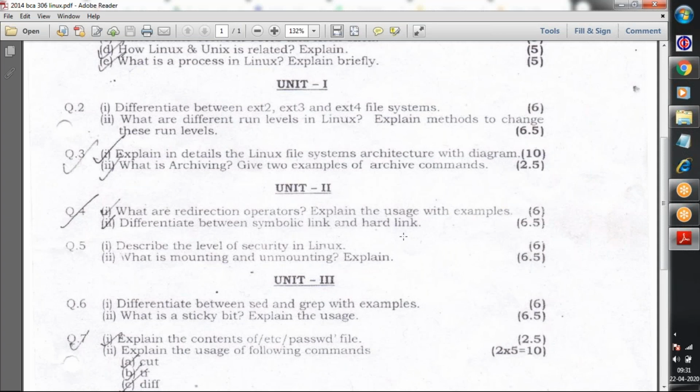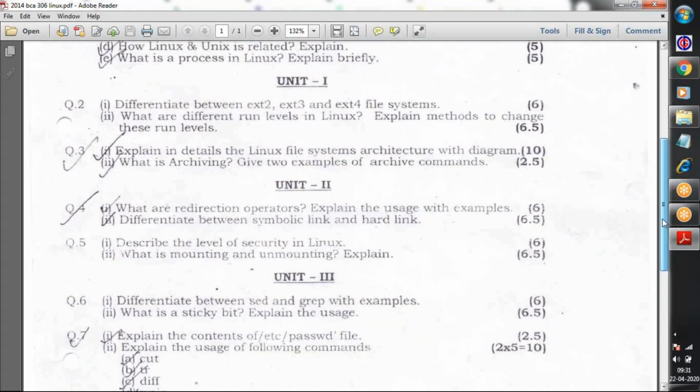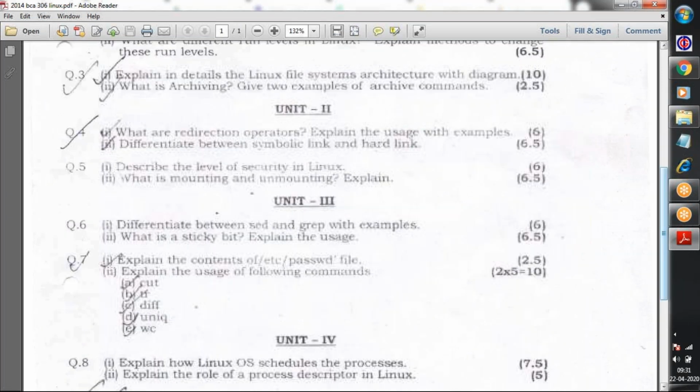Similarly, what do you mean by symbolic link and what do you mean by hard link? Already discussed and notes have been given. Then describe the security. Security at the kernel level has already been discussed. Then encryption, your passwords, your etc folder, your shadow folder, the level of security in Linux. So discuss files like the etc folder has a password file, etc has a shadow file, and you have a high level of security. Similarly, your root files all have confidential information, and encryption is done for securing your passwords and user information.